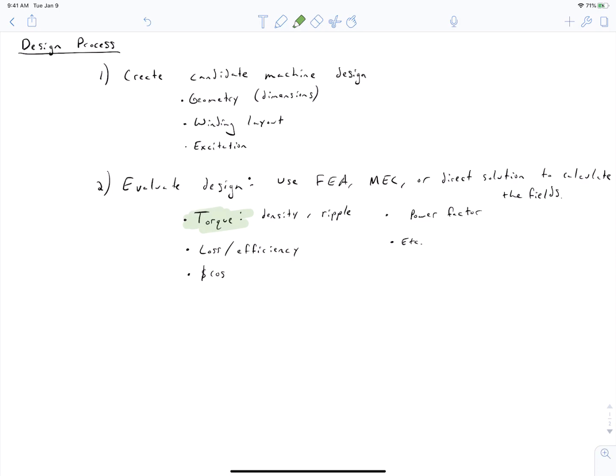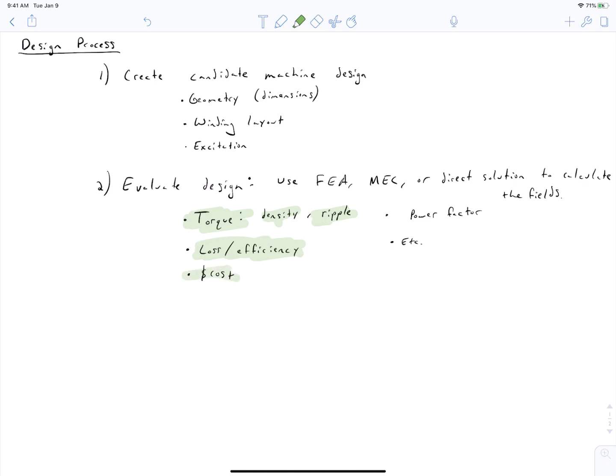So you'll feed those fields into the Maxwell stress tensor, and out will come the torque of the machine for any given rotor location. And you can use that to determine the torque density, how much torque ripple you have. You will also use those fields to determine the losses in your machine so that you can get an efficiency calculation. In addition to that, other criteria that you might use to determine if your design is good or not